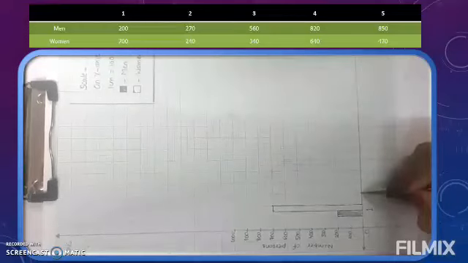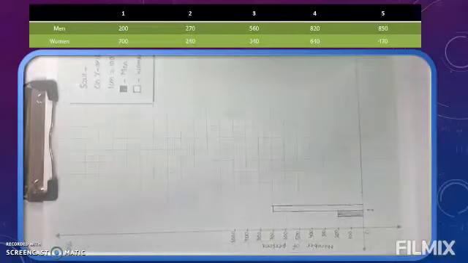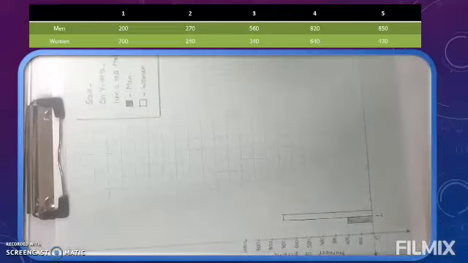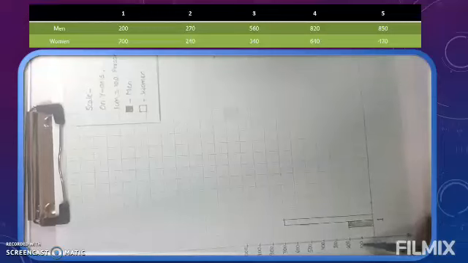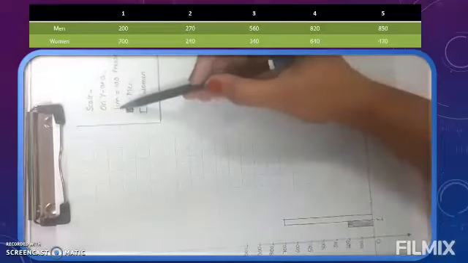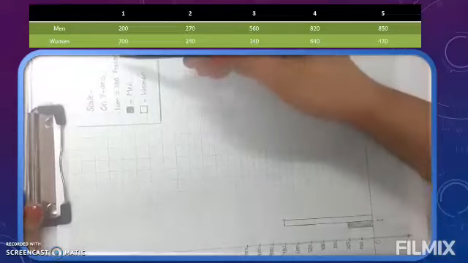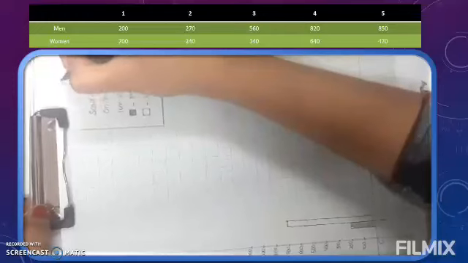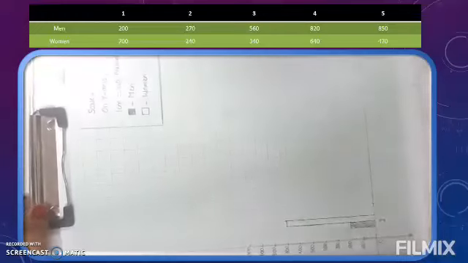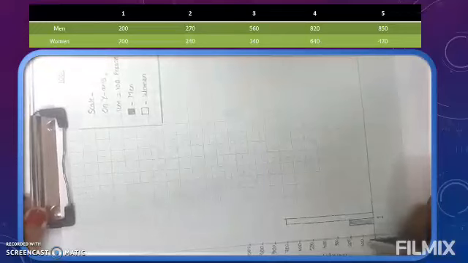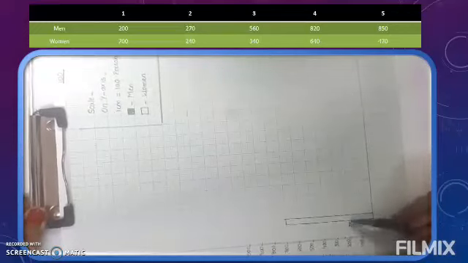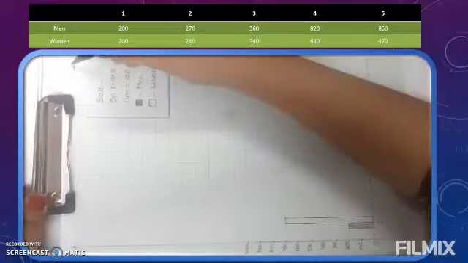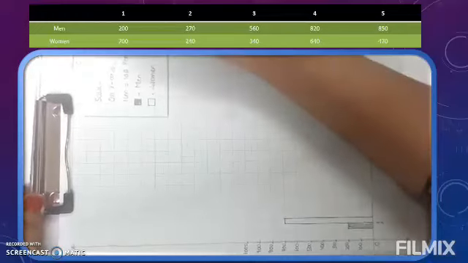We will take next darker green line and booth number 2. How many men came? 270. Now again you will think, teacher, from where will we get 270? We will follow the same pattern to check. Here what scale did we take? 1 centimeter is equals to 100. So I will write, this is your rough work. No one will do anything here. If you want to check, you use any rough working column and check it. And here one box is divided in 10 equal parts. So this 100 we will divide by 10.